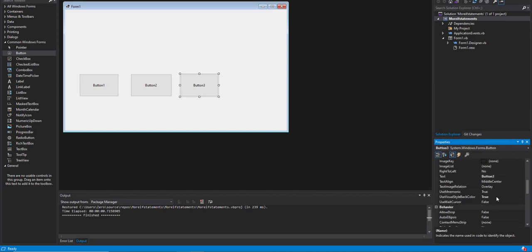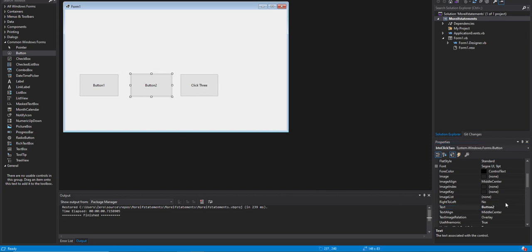And I will come up here and change the text to pretty much match. So click 3. Click 2. And click 1. Oh, and I'm making extra buttons here. Alright. I've got 3. And what I wanted to do is when I click on a button, this one's going